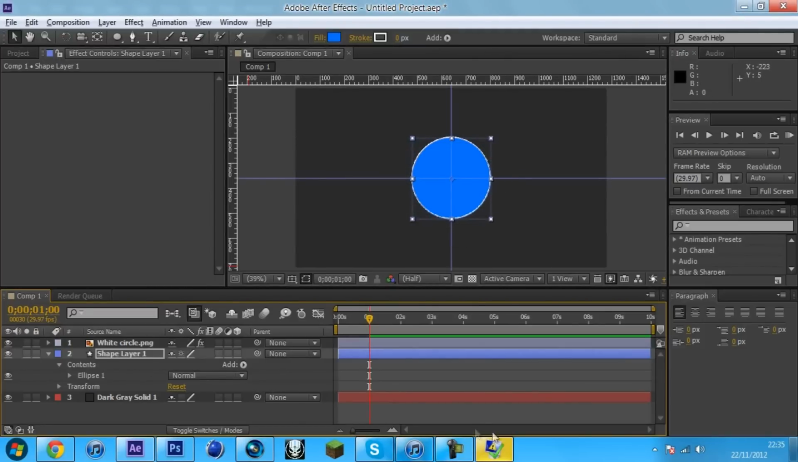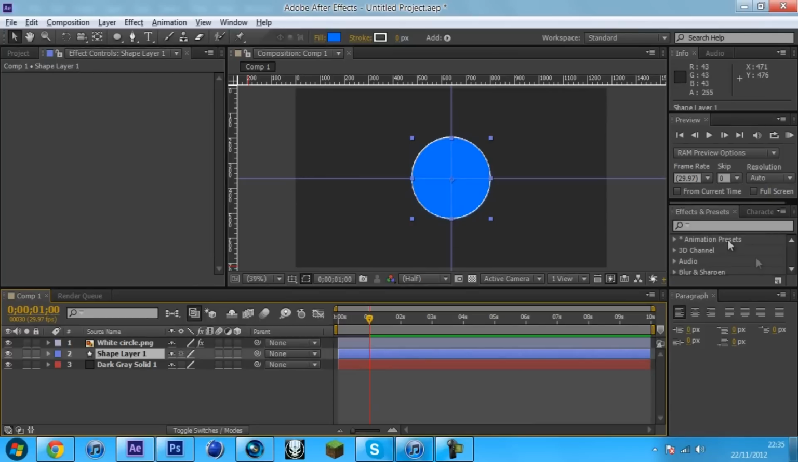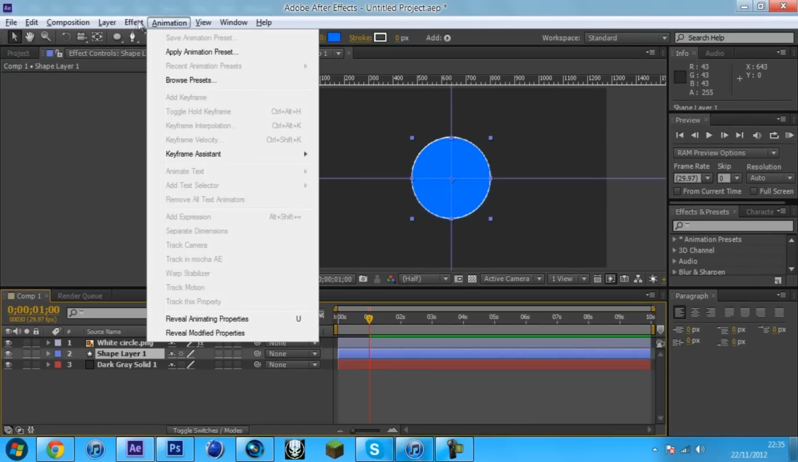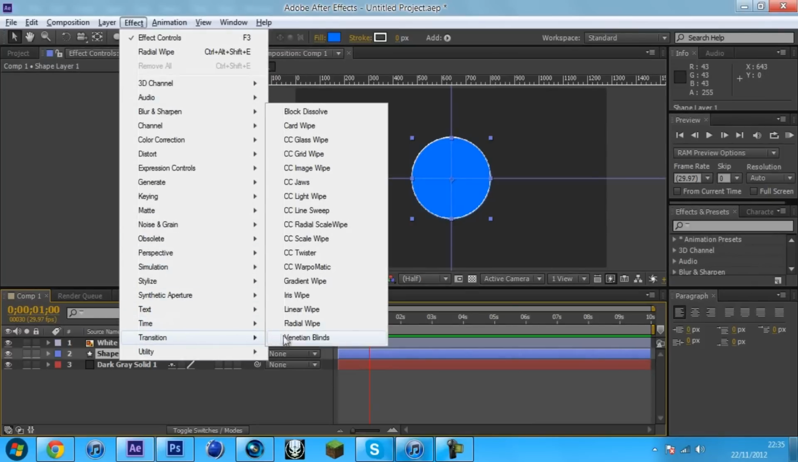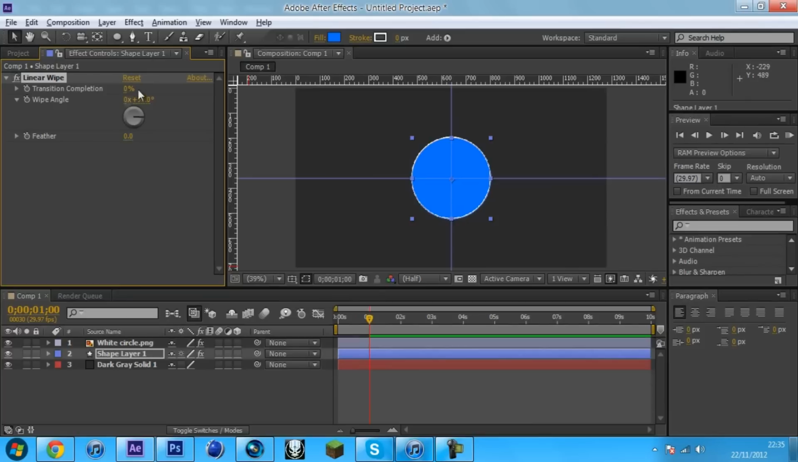For this then, sorry about that, and then you can also go to Effects, Transition, Linear Wipe this time, so it kind of does that sort of thing. Set it to whichever angle you want, and you want to put it a few seconds after the circle draws in, so go to 110,